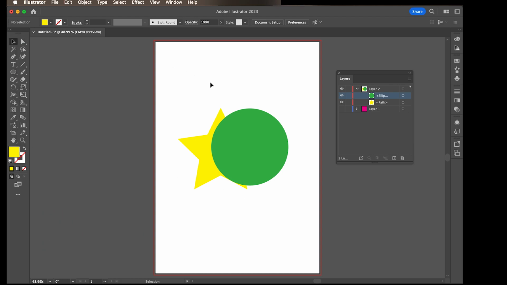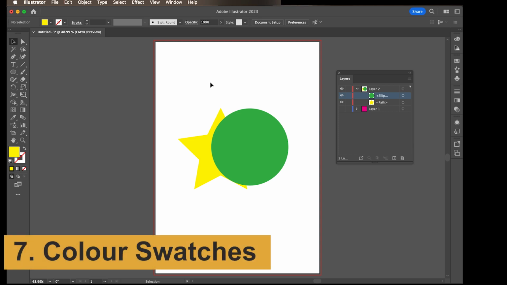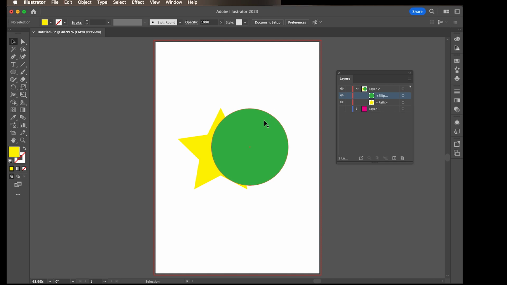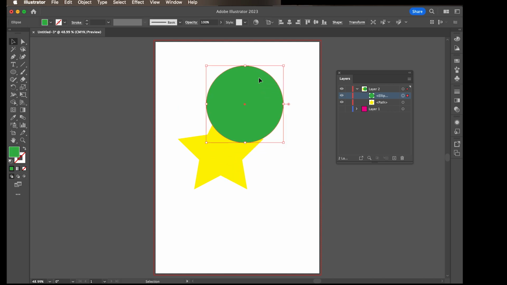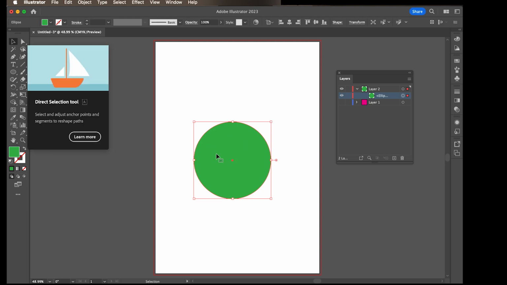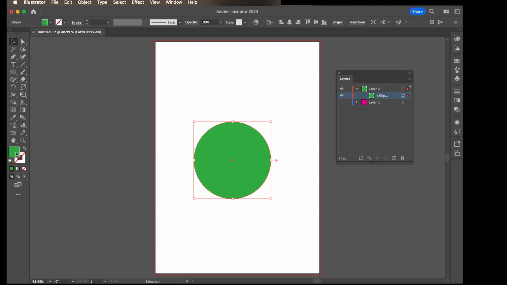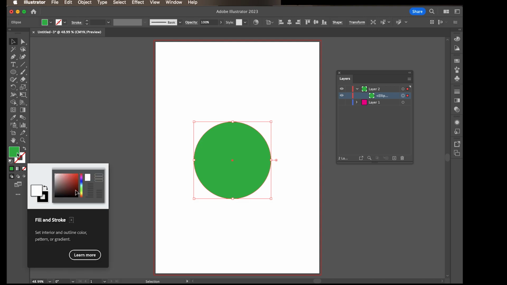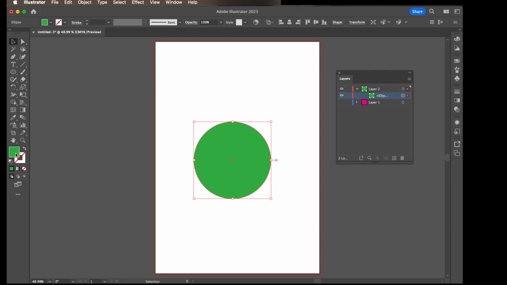And the last thing I want to show you is the color swatches, which I've also been using all the time. If we want to change the color of an object, for example this one, let's make it clear. Delete this star shape. If I want to change the color of this circle, there are 3 ways to do it. First, you need to select the object with the selection tool, and the first way is to go to the sidebar and grab this color and double click it,